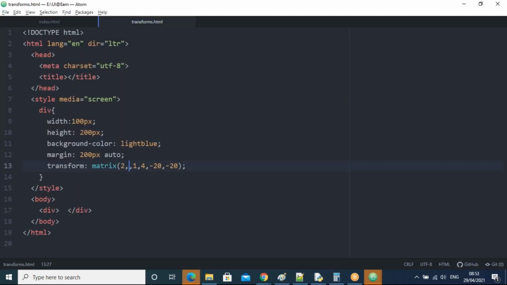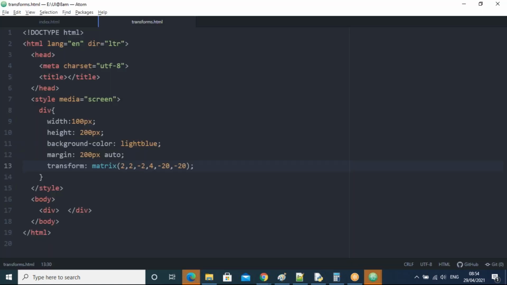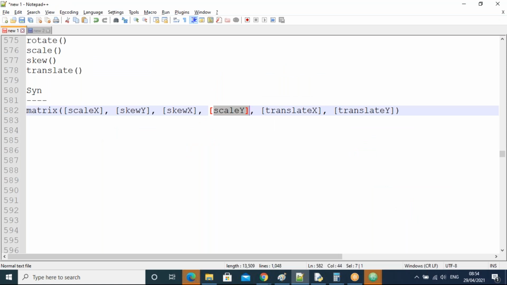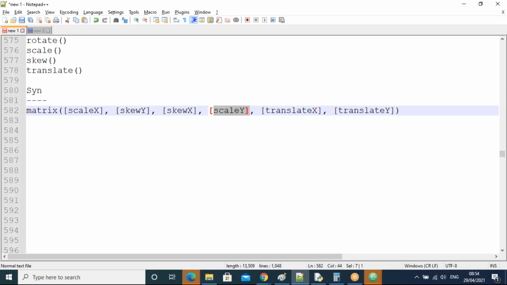I'll take here, suppose, 2, guys. I'll take the 2. Cube uses x and y, right? Observe, guys. Now it's rotating more, right? So like this, guys, you keep on practicing different ways. See now, we take the minus value. It is coming from the reverse side, right? What is the third argument, guys? Q x. Okay, it's coming from the reverse side.